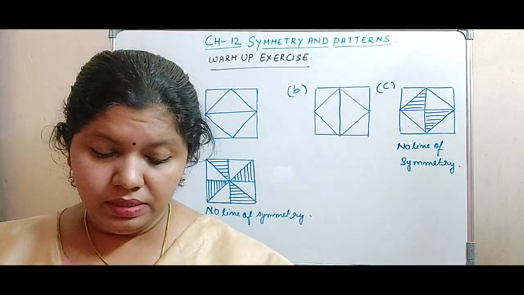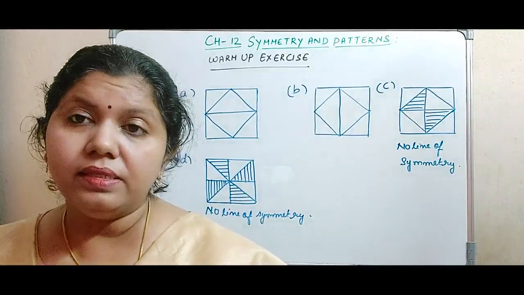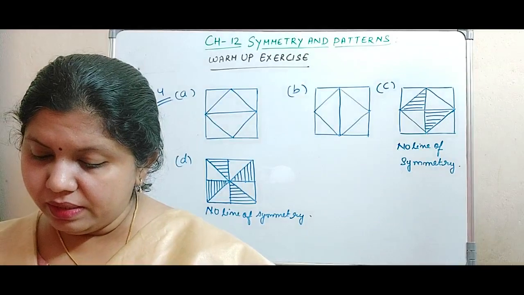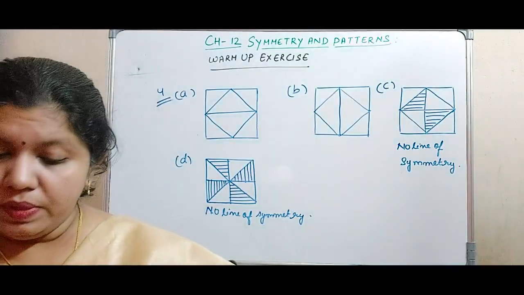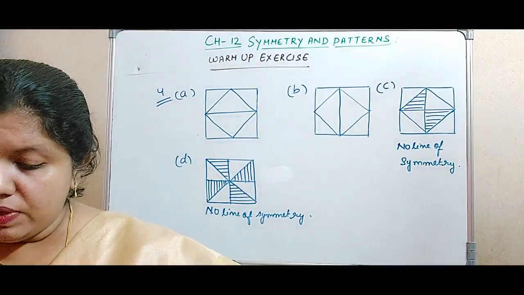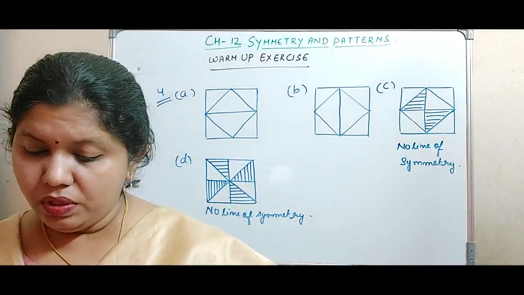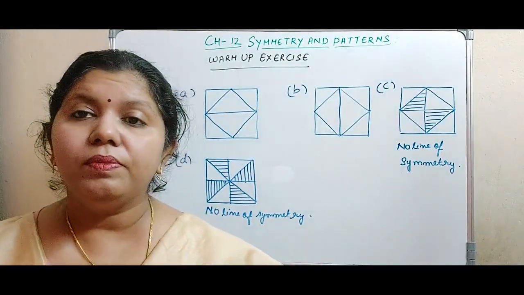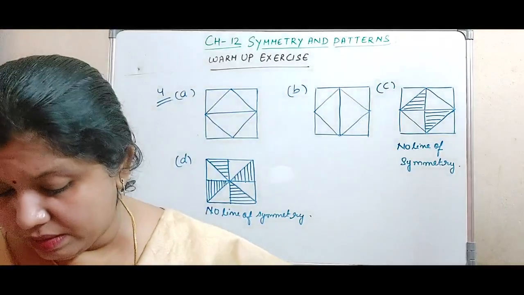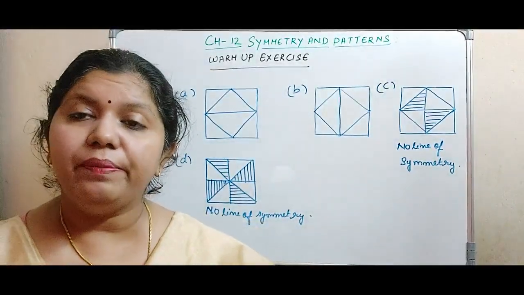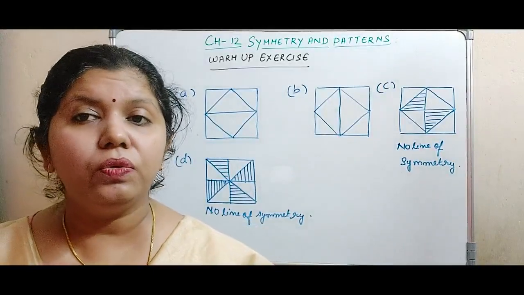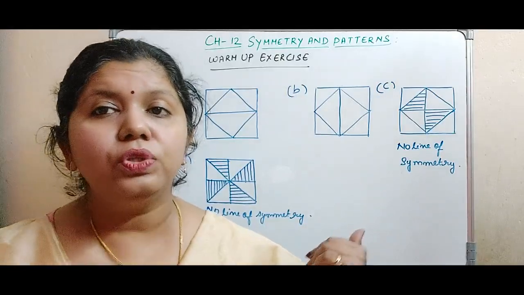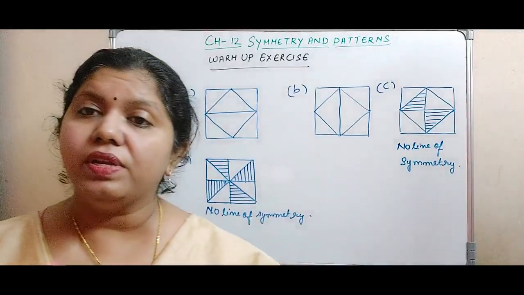Next figure, what you have to do is based on the number of lines of symmetry. See here, you have to draw a shape that looks the same as with a vertically placed mirror as well as a horizontally placed mirror. That means it is talking about mirror image and water image. So both types of figures, many we have already drawn, so you can take an idea and you can use some other shape for this. So up till question number 4 we have done. Question number 5 and 6 is given as homework for you.